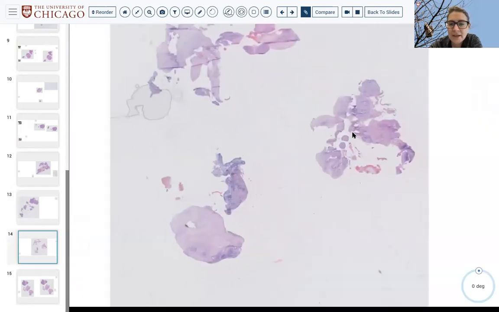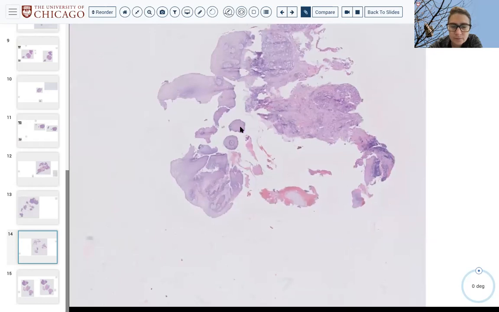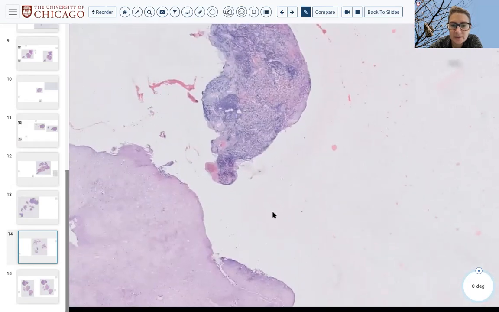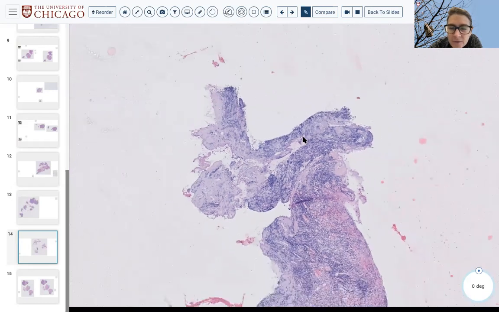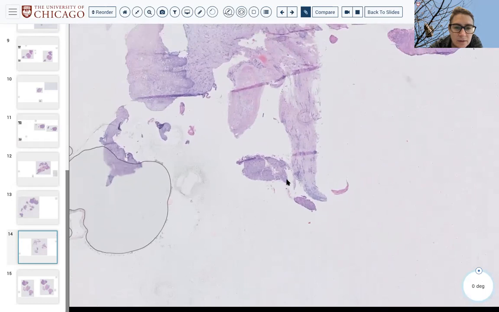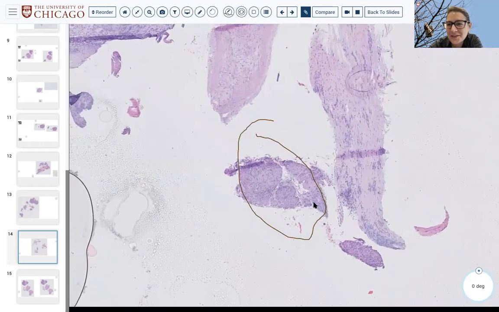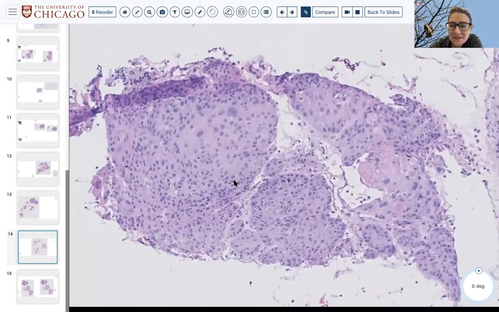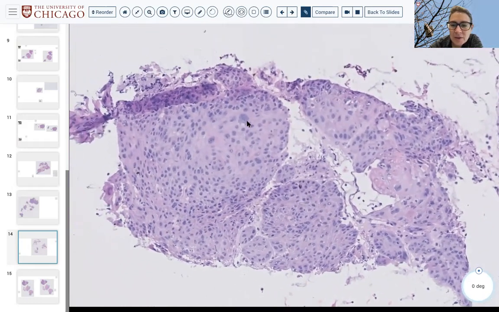Okay, and then the last one is also base of tongue. Again, just searching for primary type of thing. It's also kind of inflamed. Did anybody see anything here? Oh yeah, you got a circle. I'm gonna move it into the circle. Well done. All right, so here's your tiny, tiny, tiny little fragment of something that's totally disoriented, but extremely wildly